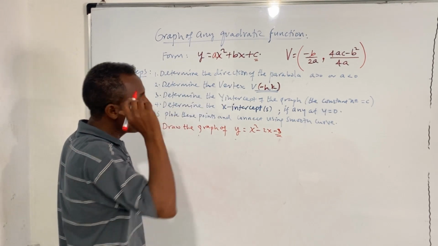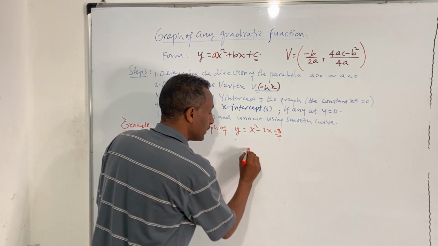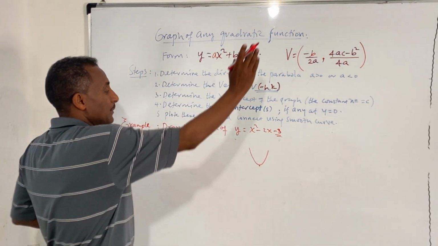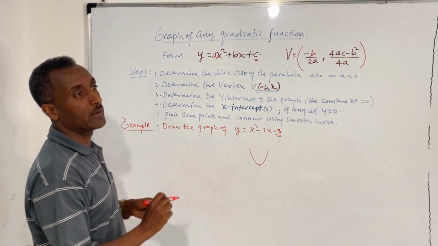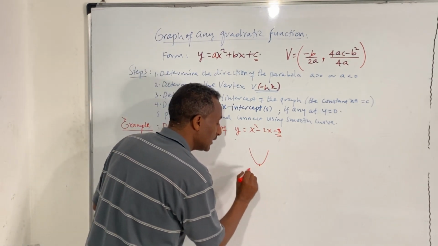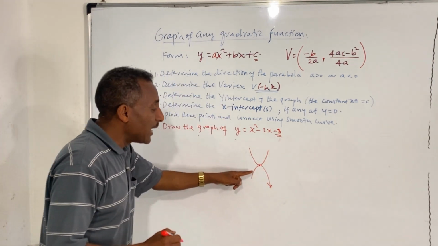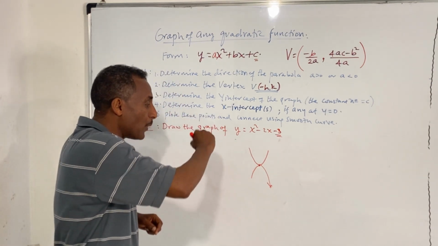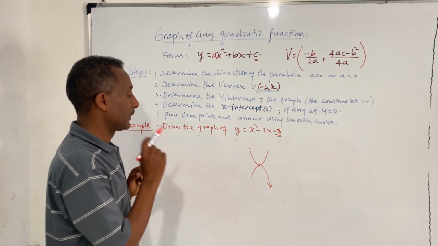ሁለተኛ ቨርቴክሳችን የሆነች ፖይንት ቨርቴክሳችን ይሄ ነው ካለ ነው ኦፕን አፕዋርድ መሆኑን ካወቅን so we simply draw roughly like this ማለት ነው። ከዚህ ይጀምራል ማለት ነው። በዛና በዚህ በኩል ማንንም ቆርጦ እንደሚሄድ እናውቃለን፣ ግን we are at least sure that it opens upward because a is positive. If a is negative, if we get the vertex here, then we draw downward here because a is negative. So vertex ከለዩ በኋላ upward or downward የሚለው ነገር በገጠመን መጀመር እንችላለን ማለት ነው ግራፋችን። ኦኬ